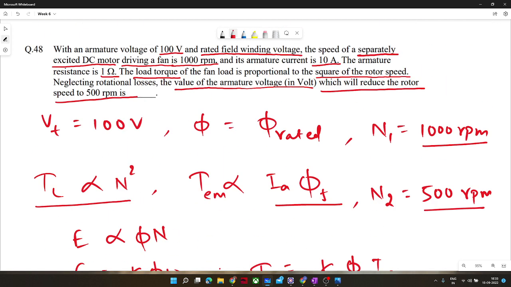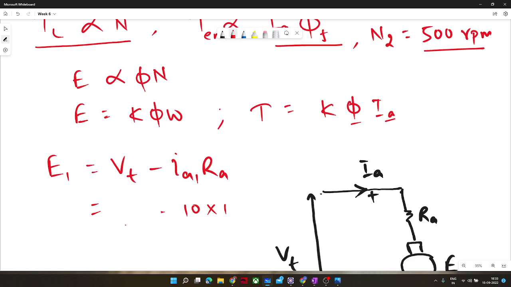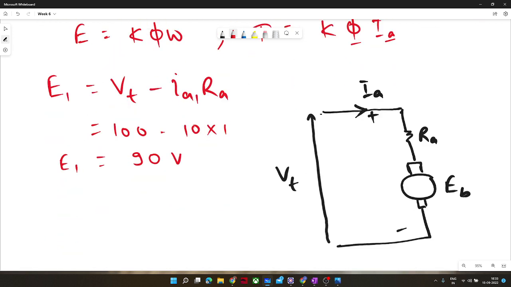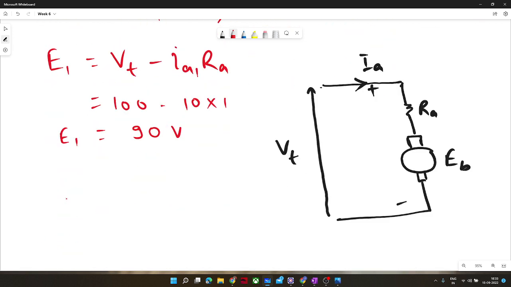VT was 100 volt, so E1 would be 90 volt. We calculated E1, and we know the speed at that point was 1000 RPM. When this armature was rotating at 1000 RPM, it was developing 90 volt. In the second case,